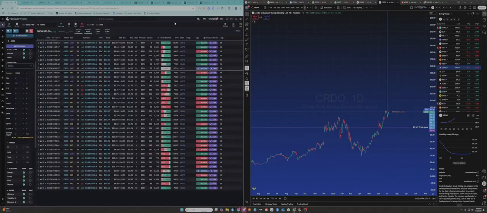So that's kind of just the gist of how we would look for that on the dark pool side of things. Now that we've got the flow and the dark pool out of the way and used each other for confirmation, does anyone have any good questions for me that they want me to go over?